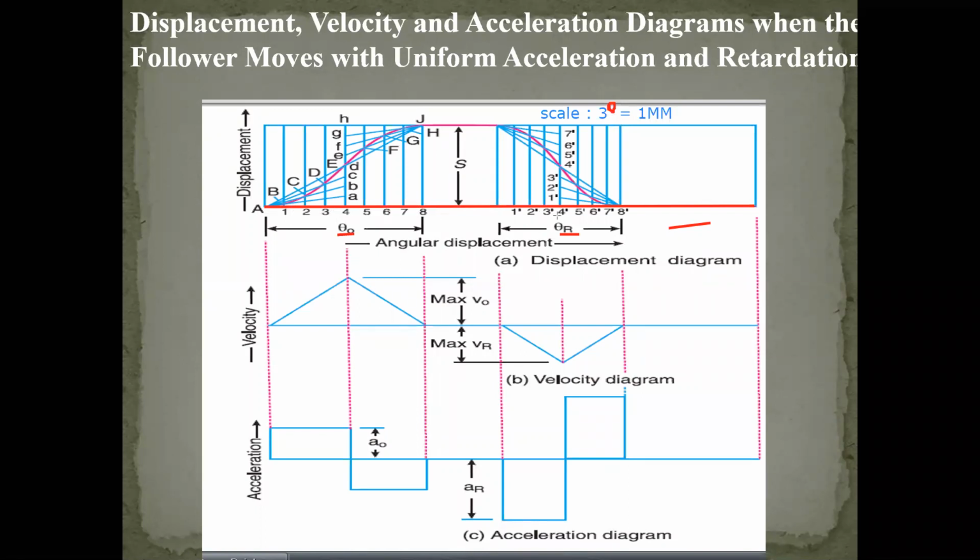Later, our return stroke is only 20 mm. So the 20 mm is also divided into an even number of equal parts. If it is not possible to make it by the scale, then simply approach the line division method. Just remember the line division method. Then divide the particular portion into 8 division parts, and give the numbering 1, 2, 3, 4 up to 8, and again this is also the same way.